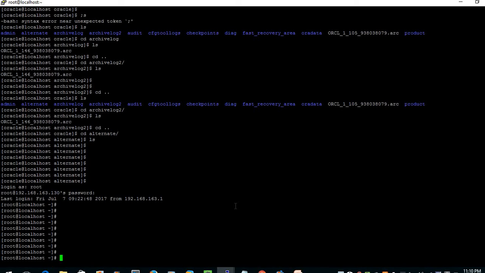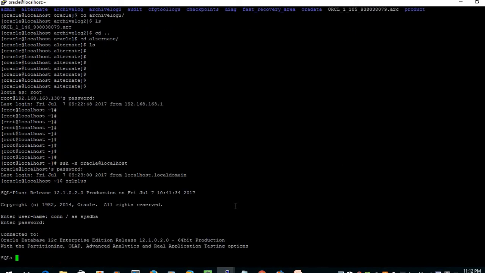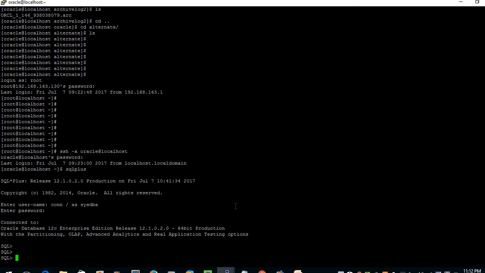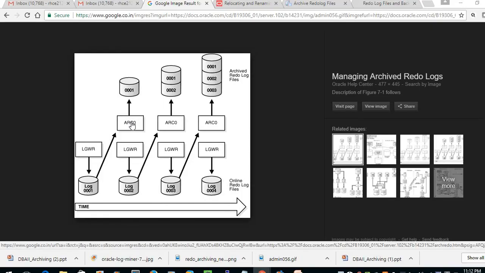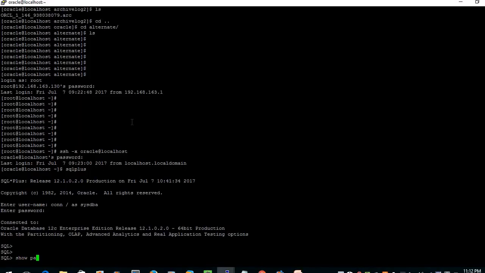Let us check how many processes we have for our log writer process and archive process. Let me connect to my database so that I can show you right now how many archive log processes are running. I am connecting to my Oracle database, and if I need to check how many archive writing processes are right now running, which in this case is our archive writer, we should check it with the parameter show parameter